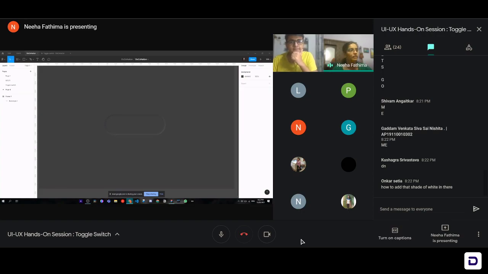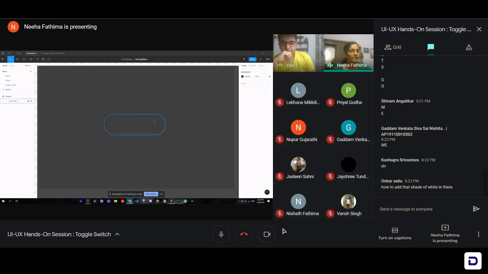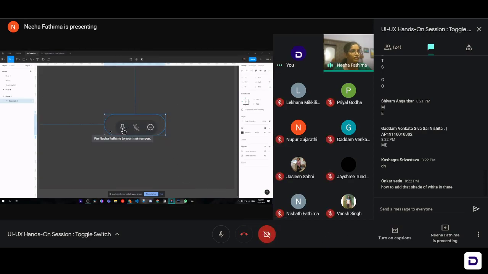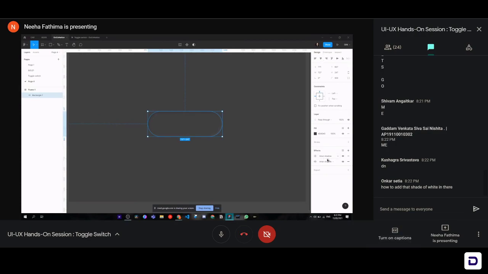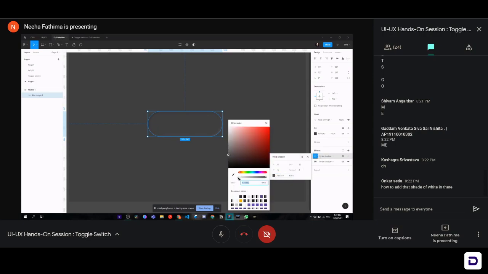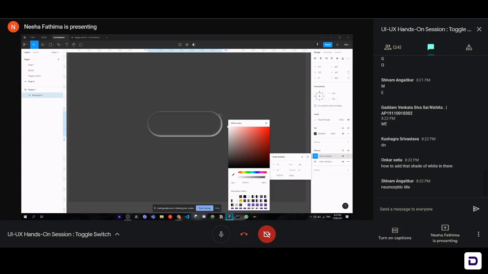Okay. To add the shade of white in there, I will show you how we've added it. So I'll select the rectangle, go to my properties panel on the right side, and you can see in this inner shadow on the sun, if I click and show you, you'll see that I've selected the same color. I use the color picker to select the same color that I've used in the rectangle. And then I will drag this a little above so that it looks a little lighter. I'm not going completely white. If I go completely white, it'll look like this. So that doesn't look great, right? So we are going to just drag it a little bit higher from the color that we've chosen.